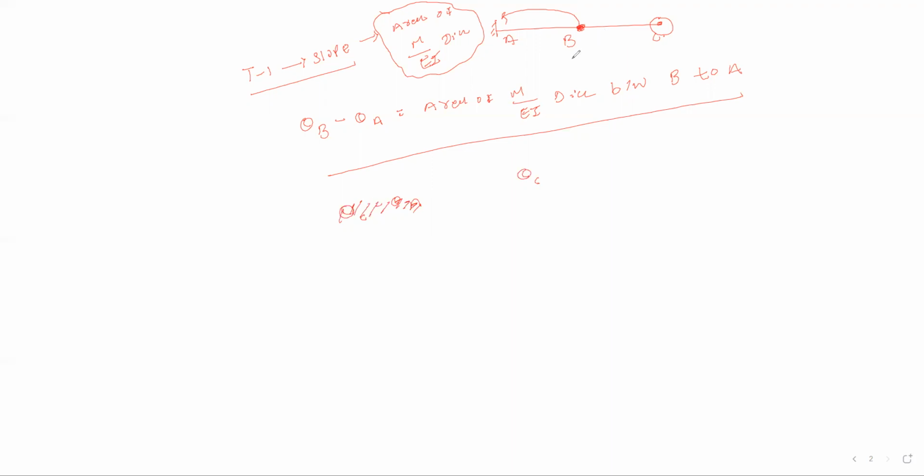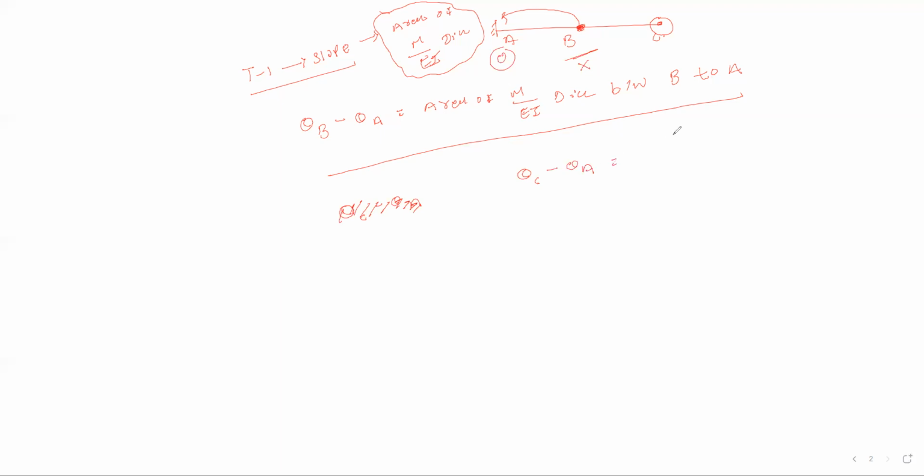Can I say that the value of slope at point B is known initially? I don't know it initially. But can I say that slope at point A is 0? Yes or no? So the slope value at point A is available initially. That's the reason we will consider the second point in all cases to be the boundary condition point. Theta C minus theta A